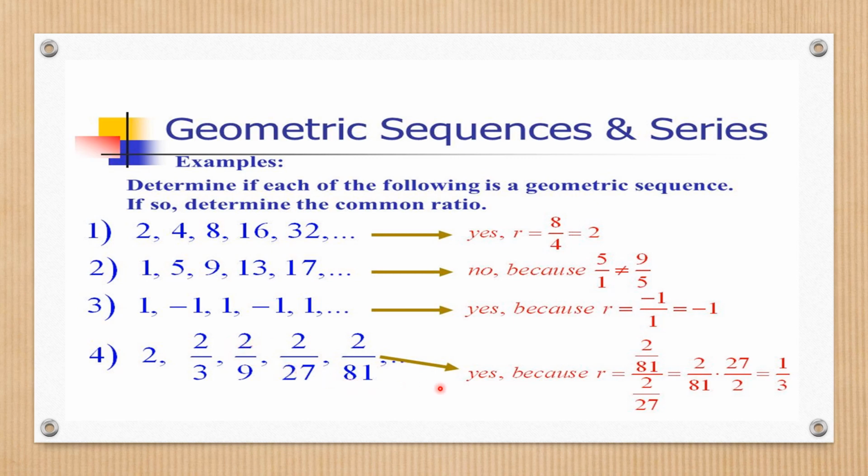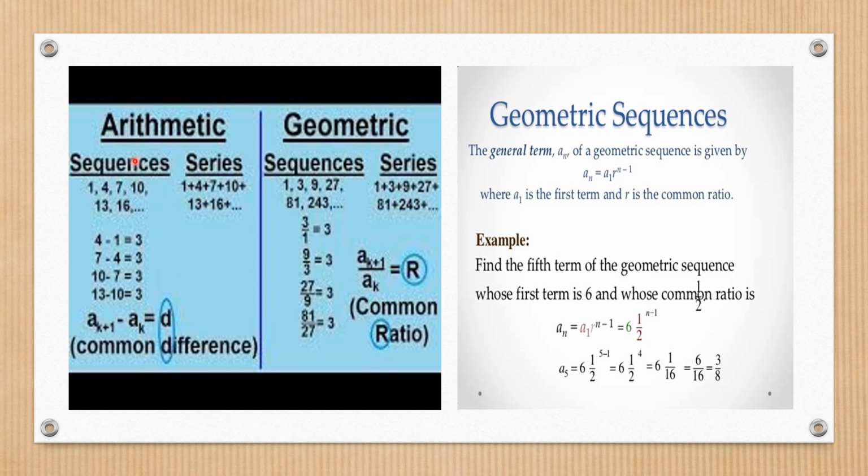Okay. Now the difference between arithmetic and geometric sequence and series. The sequence was 1, 4, 7, 10, 13, 16. Now look here, the common difference is the same for all the terms. Please keep it clear that every term should have the same common difference. So 4 minus 1, 7 minus 4, 10 minus 7, 13 minus 10, 16 minus 13 all give the same common difference. So it is an AP. And the series is made by putting an addition sign in between the terms.